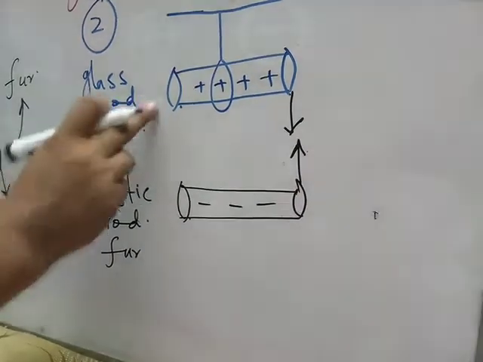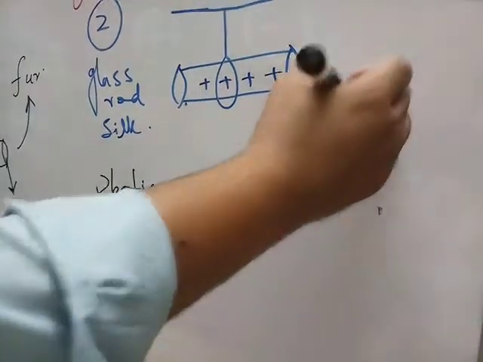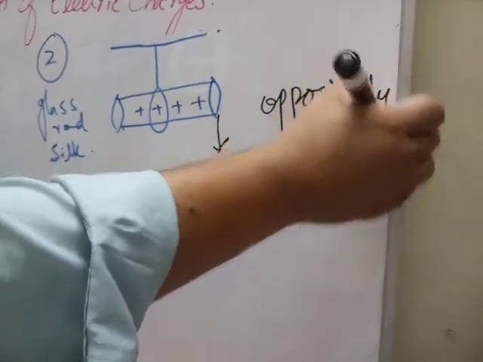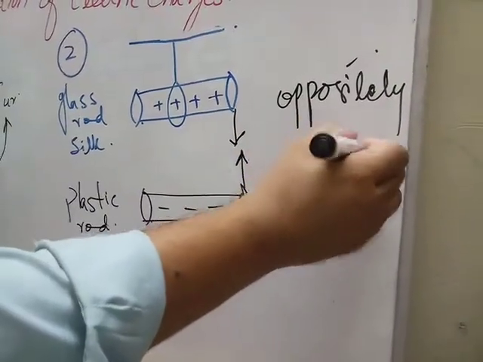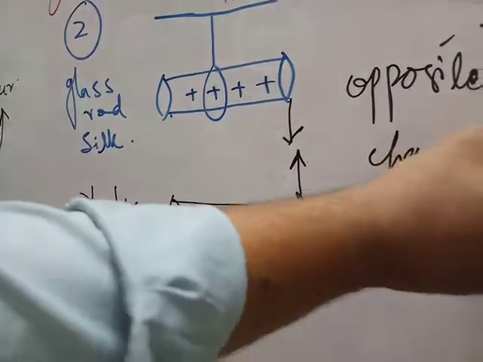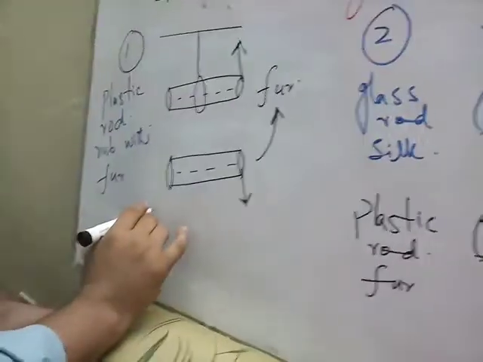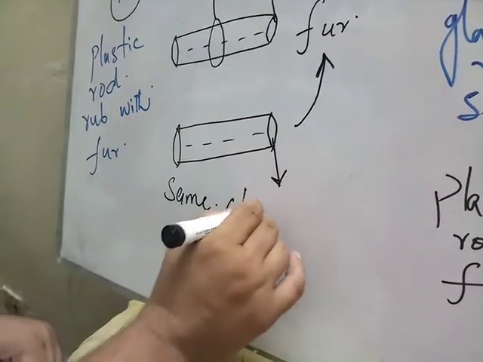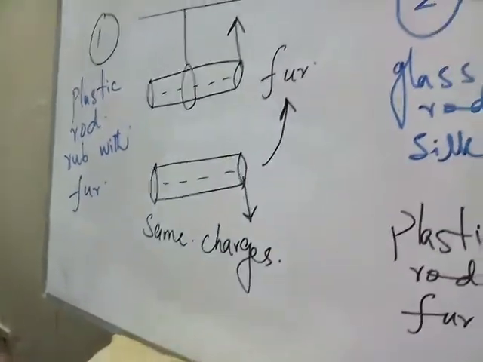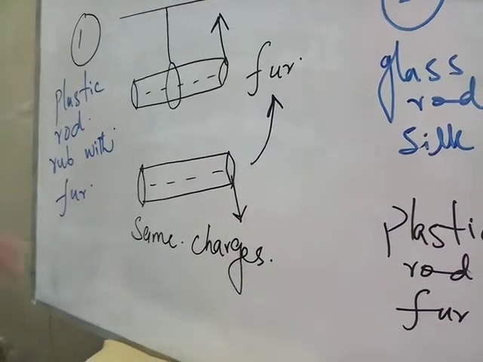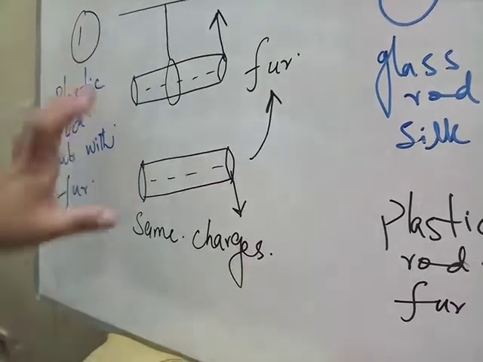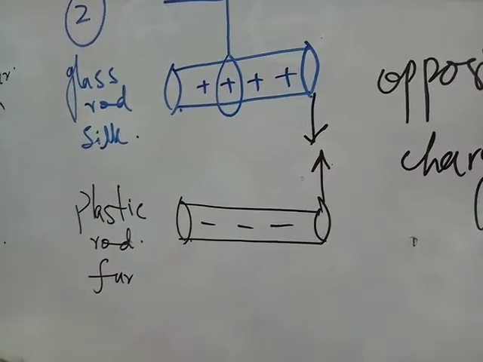It means these two rods are oppositely charged. It means two rods with the same charges repel each other,